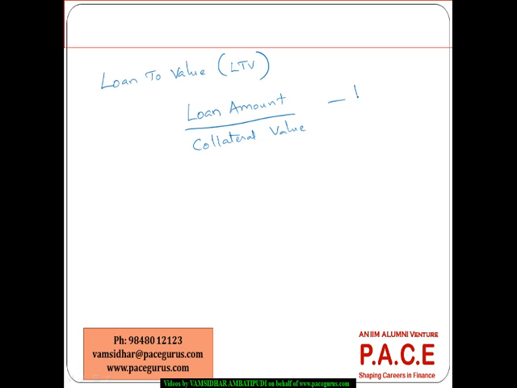Then apart from that, the regular loan to value ratio. Again, we have done it even in case of residential mortgages as such. The same logic: what is the loan amount that is outstanding divided by the collateral's value? So, the higher it is, the riskier it is. High means risky here because the loan that is taken is much higher compared to the collateral value. But if it is much lower, it's an indication of more security built into it.